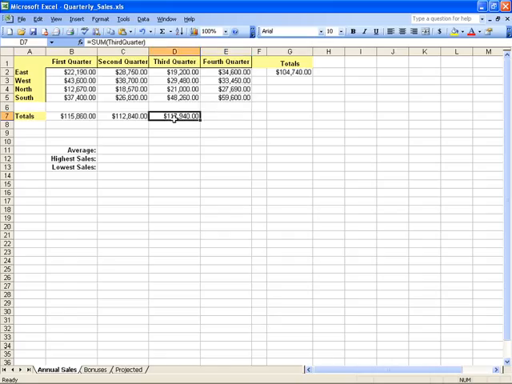Here's the problem with using a named range reference. It's both an advantage and a disadvantage. If I wanted to click and drag and copy that formula over, you notice that our new value is the same, yet our sales totals are different. It's because anytime you use a named range or a named constant, that value is absolute, not relative. So we can't simply copy over a value,